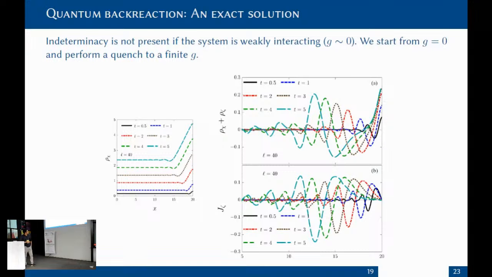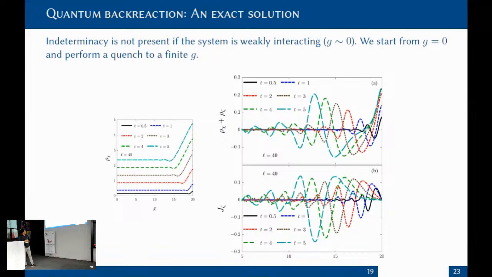And here I'm showing you, because it is very hard to solve, so we do the easy thing, which is to construct an exact solution to the back reaction problem. This is just a homogeneous density condensate, of finite size of course, which is realizable in state-of-the-art laboratories. For instance, Hatzi-Babbage can do that. So it's just a very small homogeneous condensate, starting from a non-interacting regime, and then you turn on the interactions. When you do that,